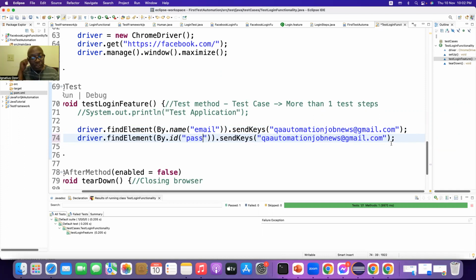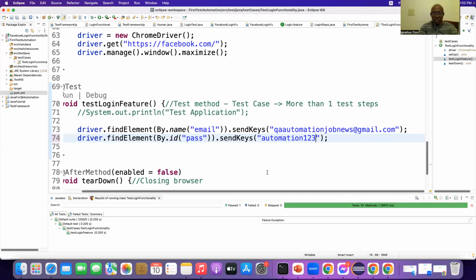Then again, I have to send keys, and I know this is the pass field, meaning password, and the password is automation, say for example, one, two, three. This is a fake ID again, just to practice the automation. You can also practice using this one. All right, then